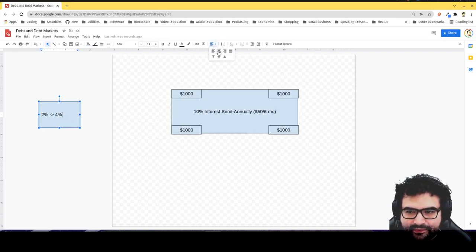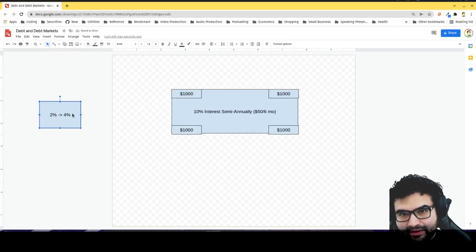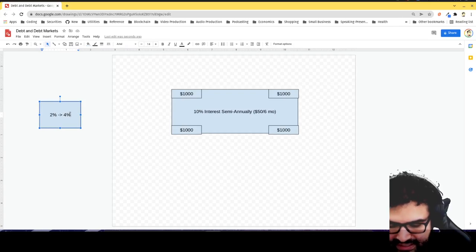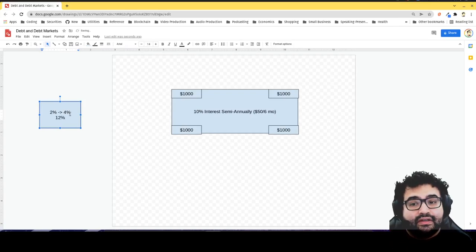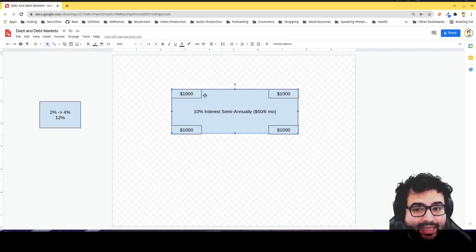Okay, that happens. So let's see here what happens though. Basically, again, your debt based on the market was supposed to be trading at an 8% premium. So theoretically, the yield on your bond should now be 12%. Okay, should now be 12%. The problem is that you bought it and it's only paying 10% of $1,000,